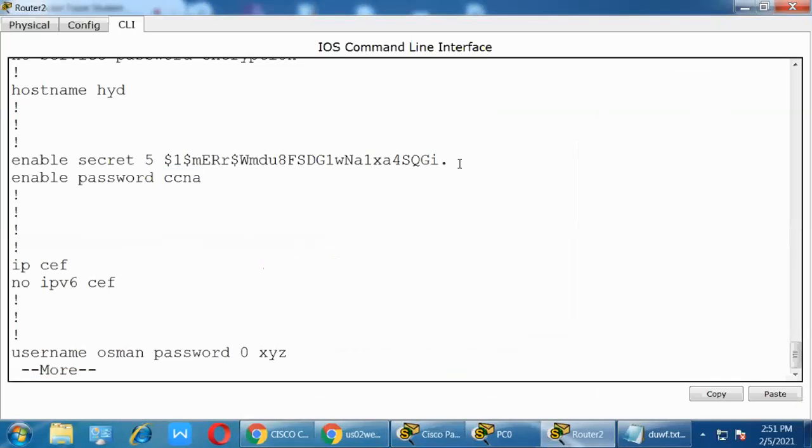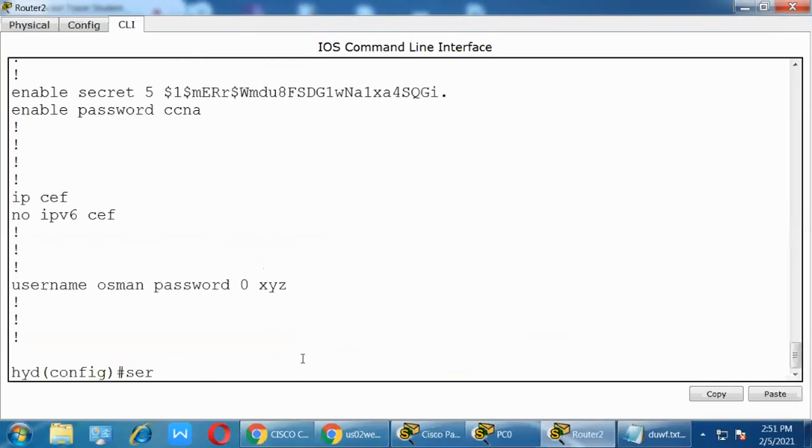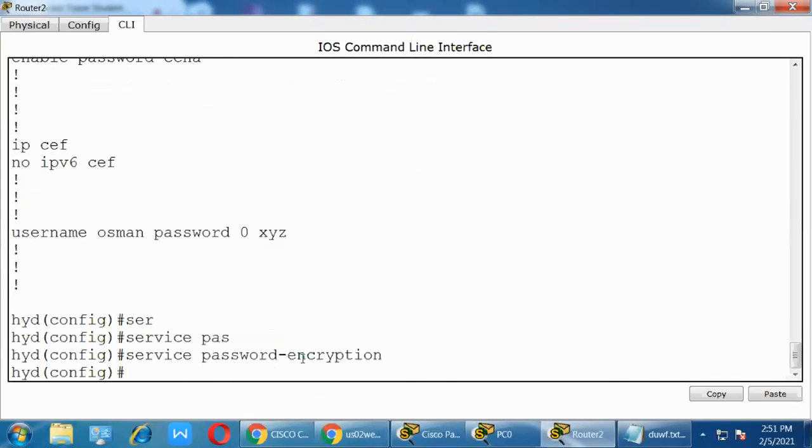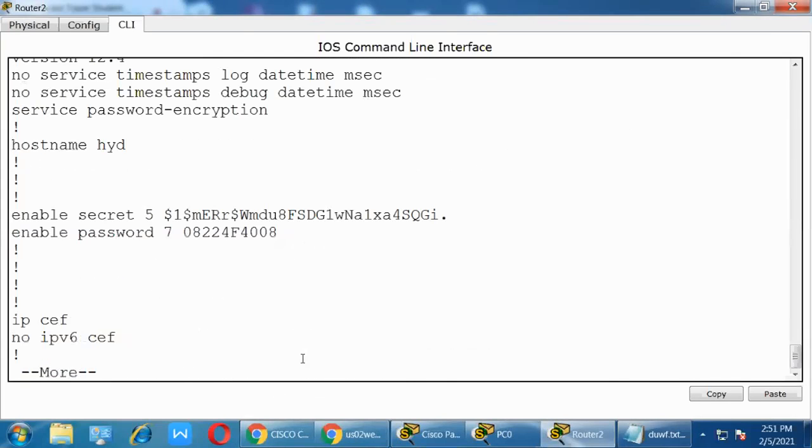And see here, I assigned only one password, right? Remember the password, so that is converted to this much, right? Suppose I enable service password encryption and do show run. See here what happened. My password CCNA is converted. See this form and this form. See which password length is stronger. The secret password, right? See here, this is only letters, it changes only one letter.